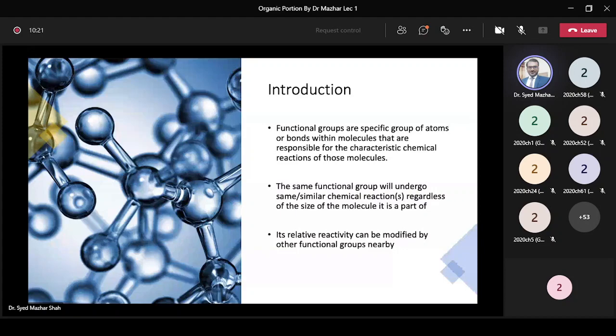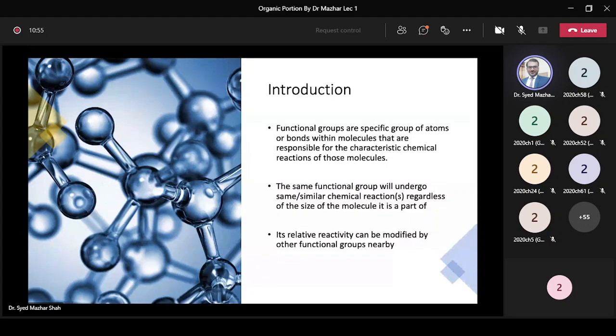It means there may be specific bonds like double bonds or triple bonds in alkenes and alkynes, or a group of atoms like the OH group in alcohols, or the COOH group in carboxylic acids, or in halides we have halogens like fluorine, chlorine, or bromine. These are the atoms, groups of atoms or bonds which are responsible for some specific reactions of that class